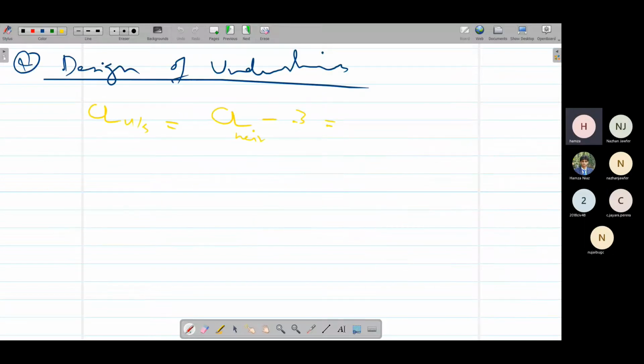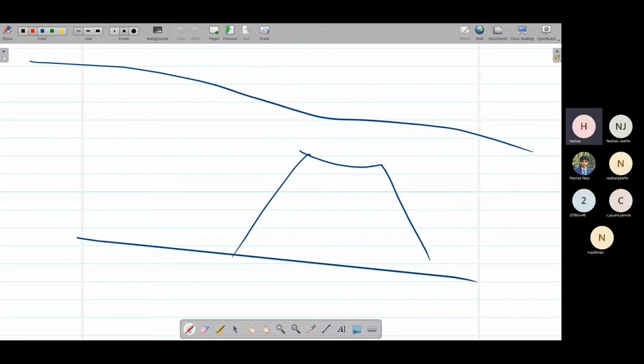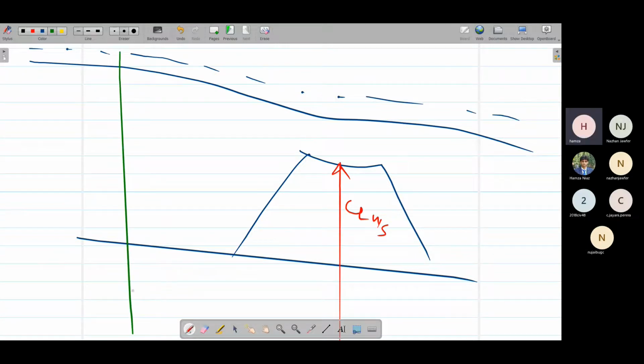So our crest level of weir was 589 feet. So 589.04 minus 3 is 586.04 feet. So now we have determined this crest value. So just the difference would be like this, that we know this crest value of undersluices. And what we have to determine is this energy line. We have to determine this upstream energy level,